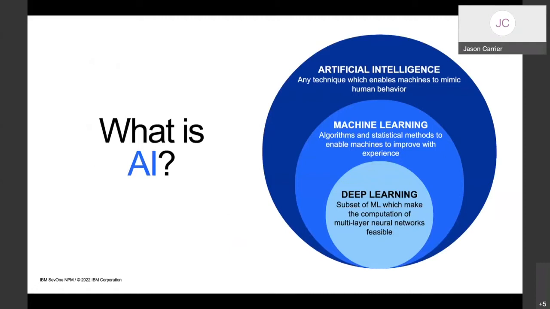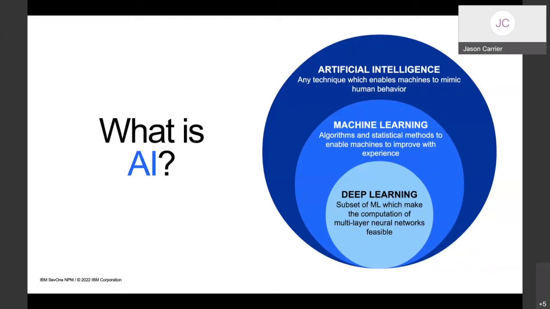So first up, I wanted to use some really broad definitions of what we mean when we're talking about AI, artificial intelligence. It's the big umbrella piece of this. It's really any technique that enables a machine to mimic human behavior. If the machine is doing something that a human used to do, that is, by definition, AI. A subset of AI is what we call machine learning, and that's basically the math. So the algorithms and statistical methods that help the machines to do some sort of rudimentary learning.